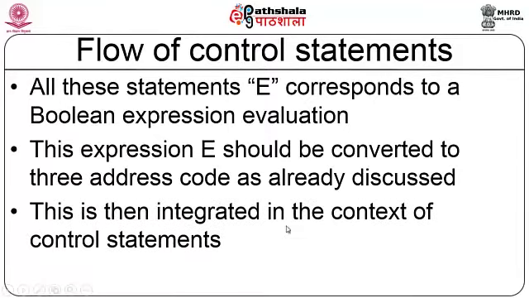So, with that as a basis, this is then integrated in the context of control flow statements. We need to know the syntax directed definition for control flow statements, and then, combining this with the already known SDDs for Boolean expressions, we can generate 3-address code for a while construct, an if then construct, or an if else construct, which also incorporates the Boolean expression. We just know how to generate 3-address code for the expression alone. Now, this expression is going to be part of a control statement. So, how together we generate 3-address code is what we are trying to look at in this particular module.